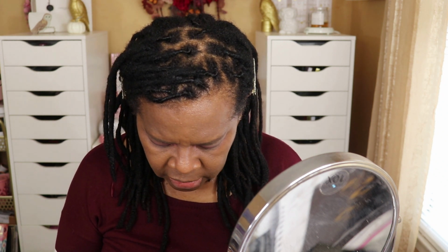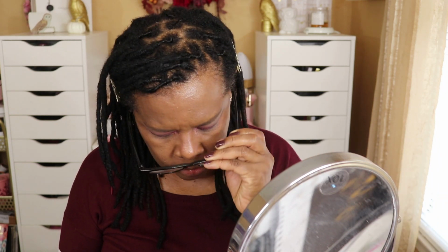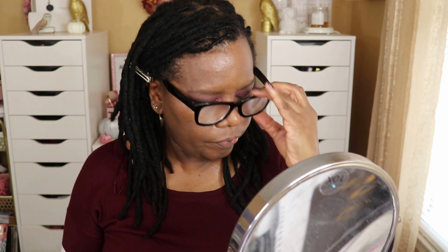I have a few more NARS products. This one here is the high... Get some glasses on first. It's the High Pigment Longwear Eyeliner. That's what I want next. It's like a sample size that came to me with a purchase of something else, and it's in black. And does it go up? That's the thing with these sample sizes, you get what you get, so they only want you to just experience the product. So I'm going to work this right here,